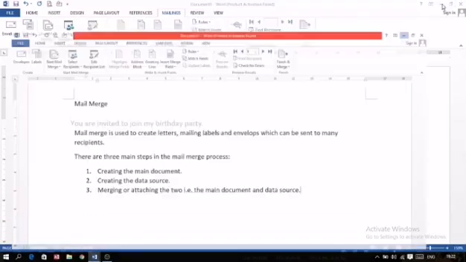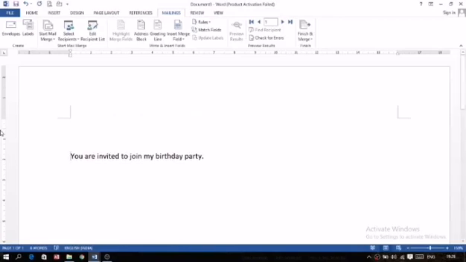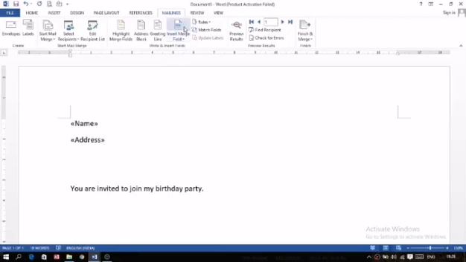After this, the next step we have to follow now. You have to bring this message down, because here we have to add the field names. Then click on the Insert Merge Field button. Then it will show you the fields which you have taken. One by one you have to select it. Press the Enter key to bring the cursor down, because when we write the address or name or something, we display it on separate lines.